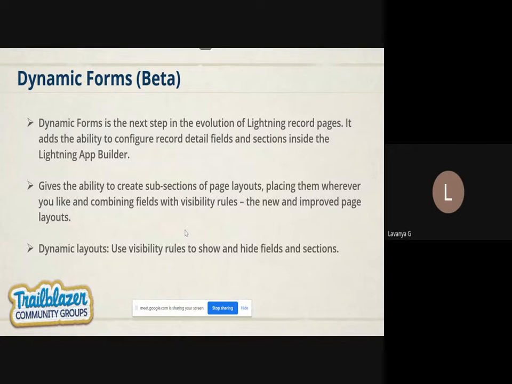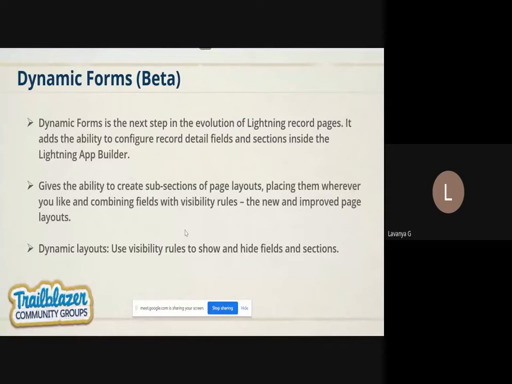Dynamic forms are nothing but, in the Lightning page, an extending option. With the help of this, you can show your fields and sections in different components without supporting the old pages. So you don't need to see any detail pages in the Lightning pages.